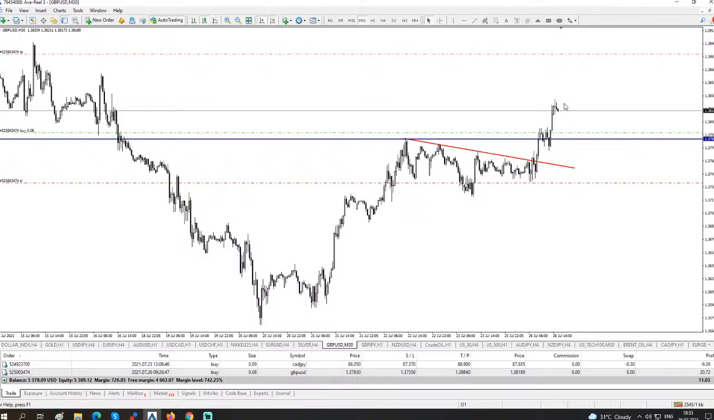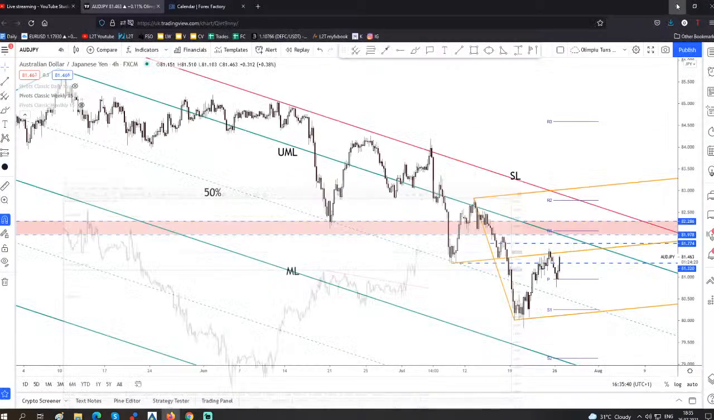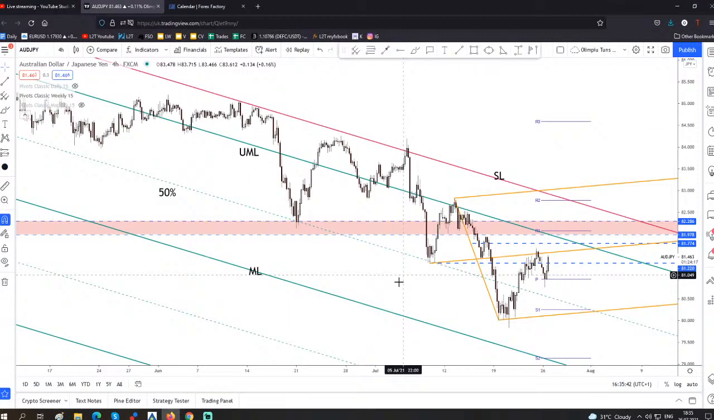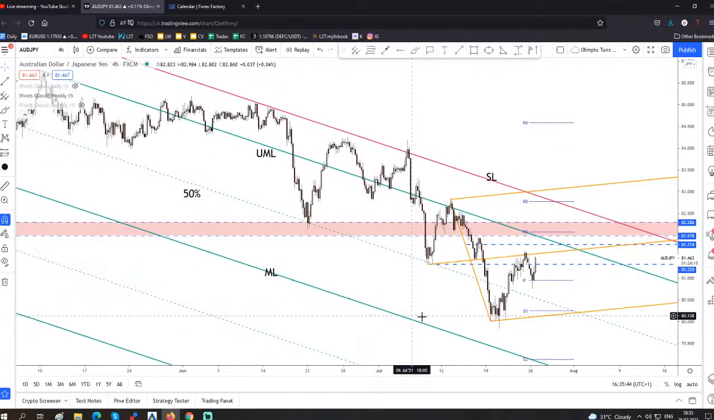So, but we are still good here. We are in profit here. And when I decide to manage the trade, to move the stop loss, or maybe to close half or something like this, I will come back to you guys into the VIP channel. So Australian dollar versus the Japanese yen,